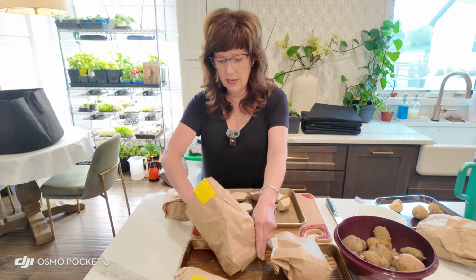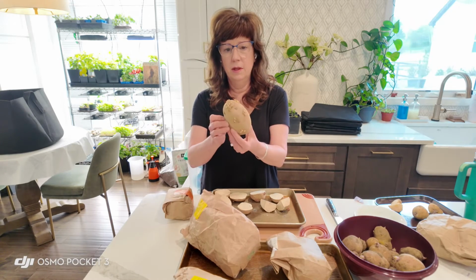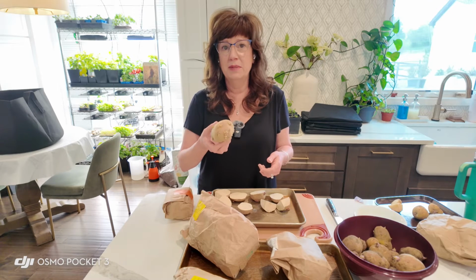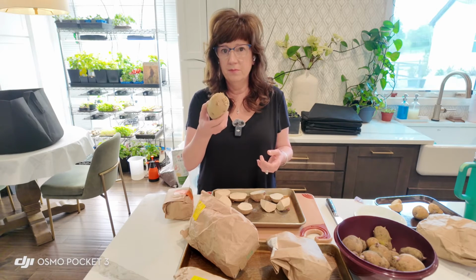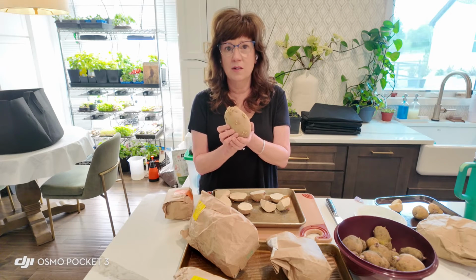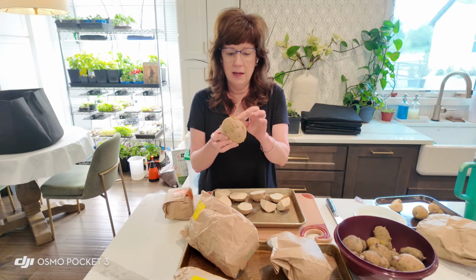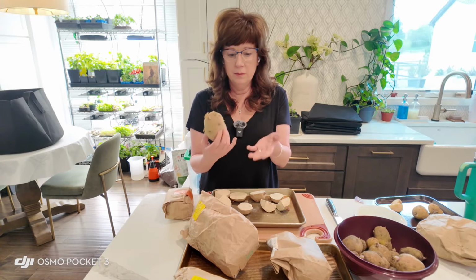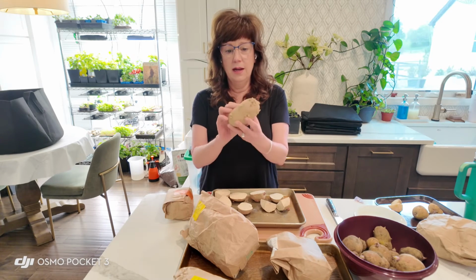But these Kennebecs, look at this. Look what happened. This didn't look like this. This looked like a plain old baked potato. I mean, not baked potato, but just a big russet potato from the grocery store. It didn't have any of these eyes on it when I first got it. I mean, they did, but they were flat. They weren't really sprouted like this. But now, just by leaving them in the bag that they came in,